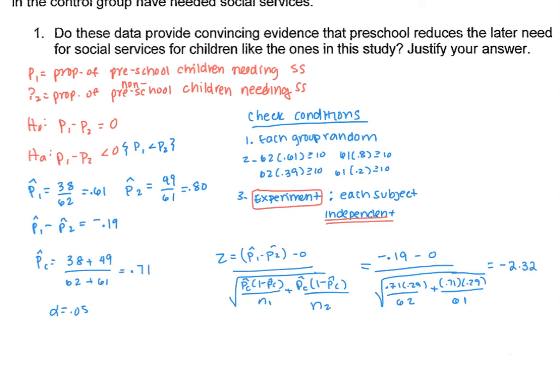So we have stated all our given information. We have defined our variables. We stated the conditions and we checked them. We found our test statistic. Next thing we have is